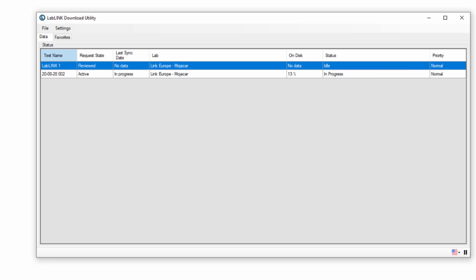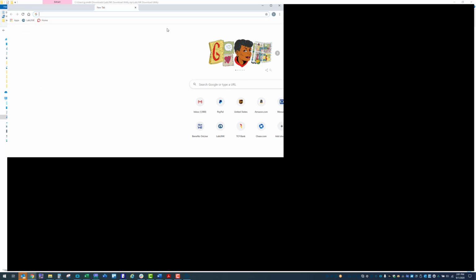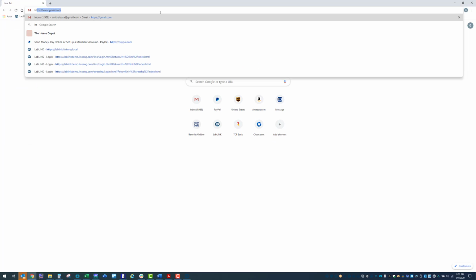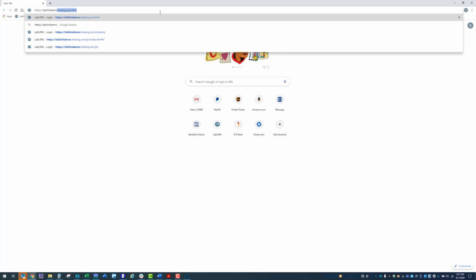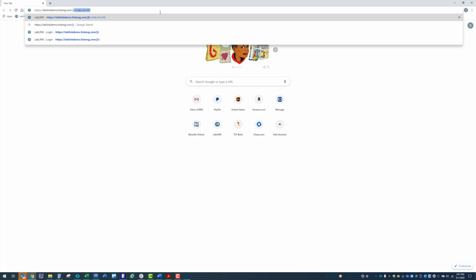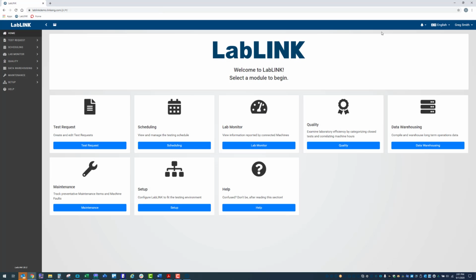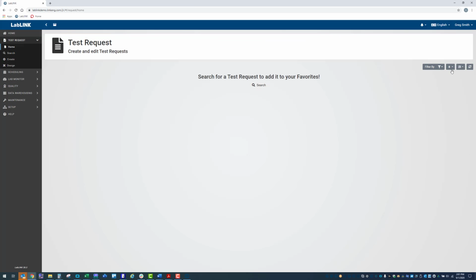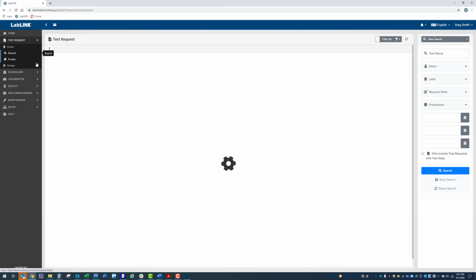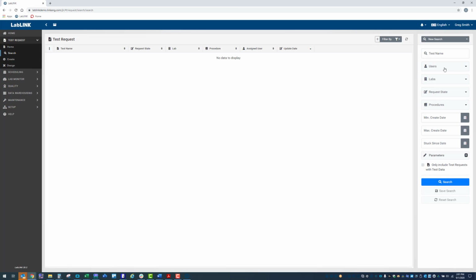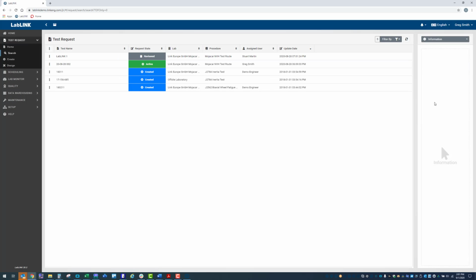Now, one of the other things that we can do would be to connect to this LabLINK server directly. So we're going to navigate to the appropriate web page. Okay, and once we're here, if I go to test requests and search, I can now search for all requests, and I could narrow this down to laboratories and things if I like,